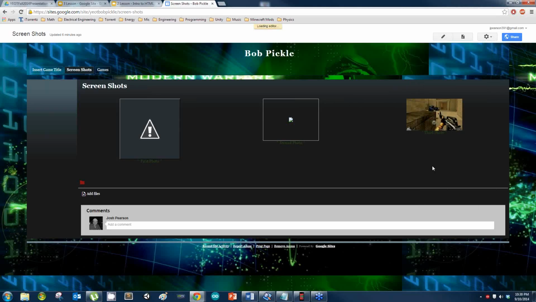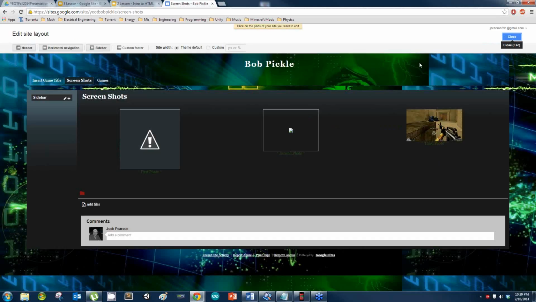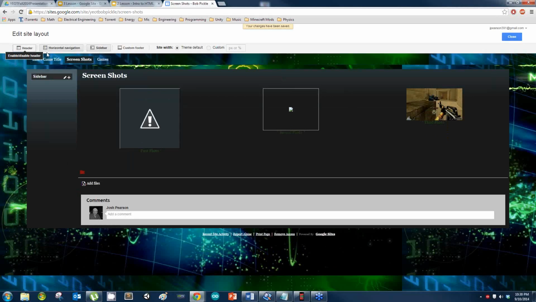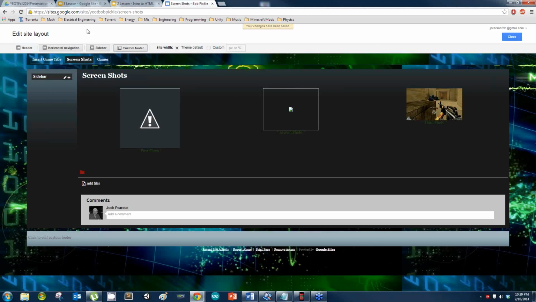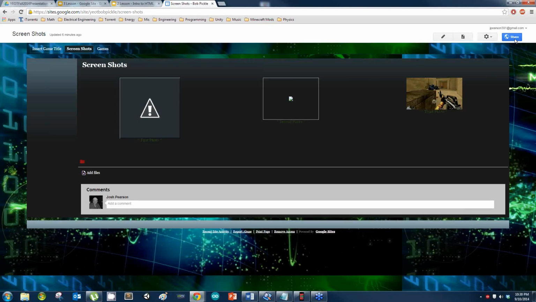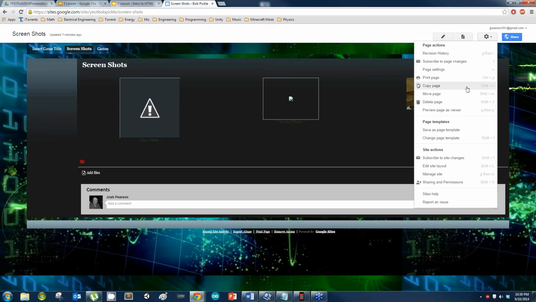Oh, the edit the site layout. Again, that's underneath settings, and you can change it from... what did I hit? I hit something wrong. Hang on. Oh, that's not what I wanted to hit. Close. All right, a few things you will probably never use on here, and I'll get back to what I was trying to do,